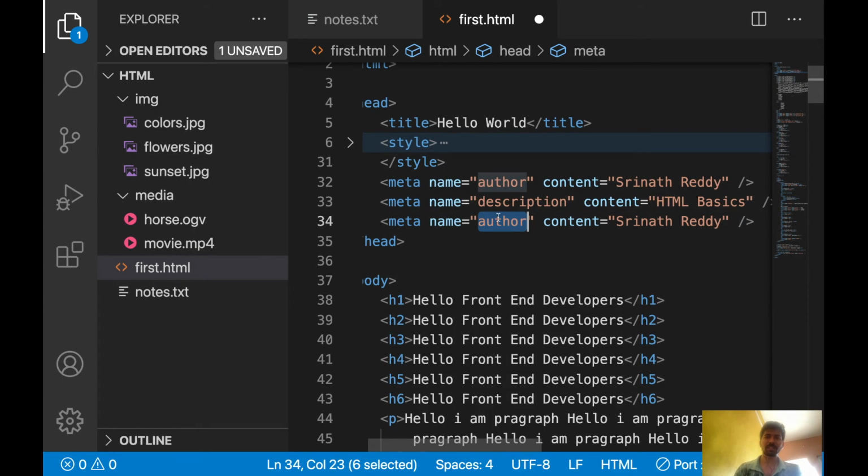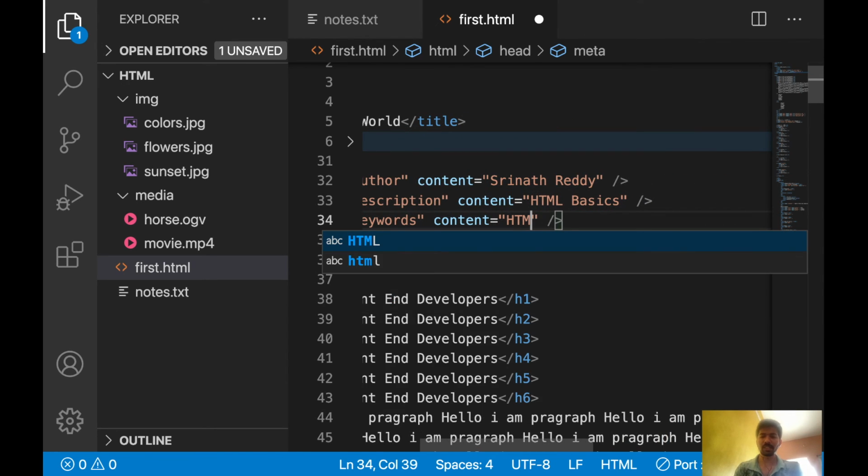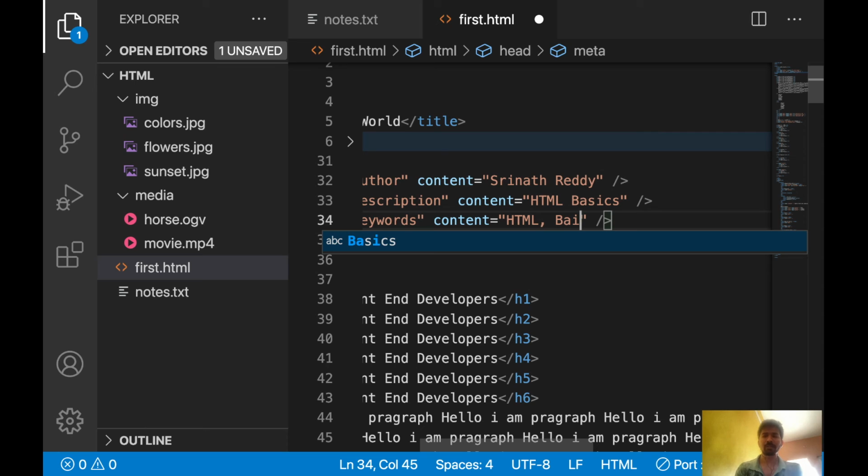Here you can write what keywords your web page consists of. So let's say HTML, some basics. Multiple keywords you can use, you can separate with comma. Some full, complete tutorial.